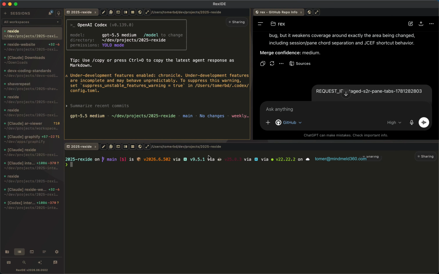Hi, so here I want to scan a couple of useful keyboard shortcuts in Rex IDE, and just in a few words, what Rex IDE is. For a reminder, Rex IDE is kind of a hybrid terminal IDE for the AI era, because most of the work that we do today with the coding agents is through either talking to them or typing to them, communicating with them. So the terminal turns out to be a super useful place to communicate with AIs, like Codex CLI,